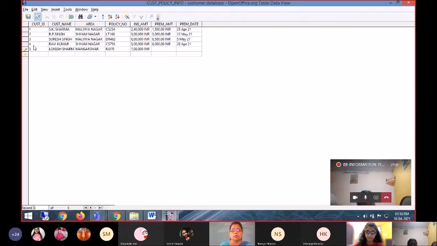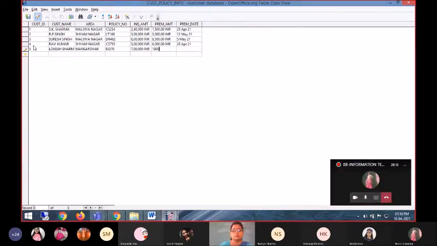He wants the details, a printout of which he can take and go to Shyamnagar. These customers are there, I have to go to their address, I have to collect this much premium from them and then I will pay it in the LIC office when the due date is coming nearer. So how will we get details of all customers living in Shyamnagar area? Yes. Can you tell me, class, how will we get the details?